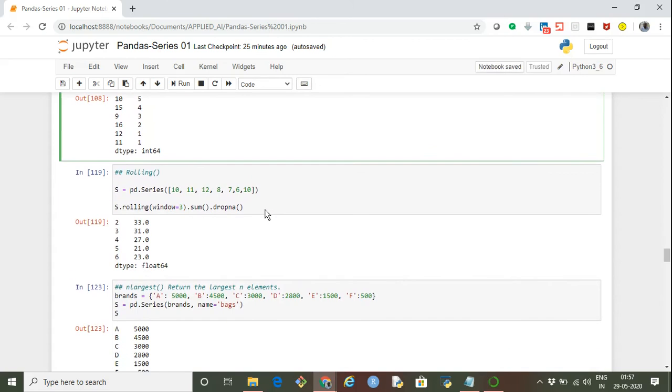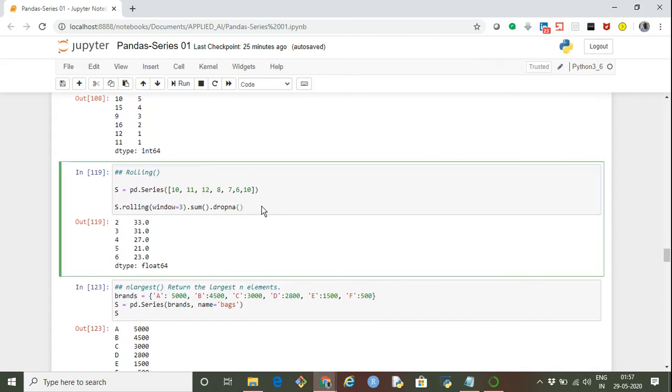Now another interesting thing is to find out, let's say, the rolling sum. Let's say we have a series of a few numbers and we want to find the rolling sum with, let's say, window 3. That is, we want the sum of 3 elements, so that is 10, 11, 12, and then another 3 elements, 11, 12, 8, and then another 3 elements, 12, 8, 7, and so on. We can achieve that by using the rolling function. So we just write series s.rolling with window equals 3, that is, in each window we are taking 3 elements and doing the sum, and in the end we are